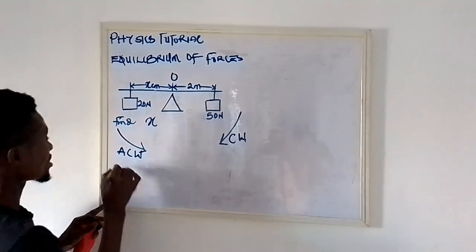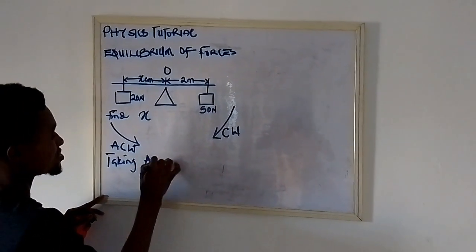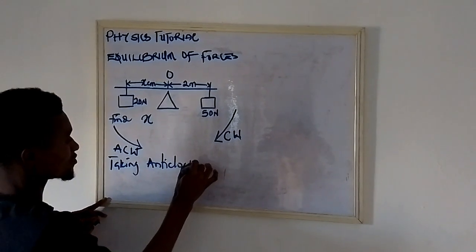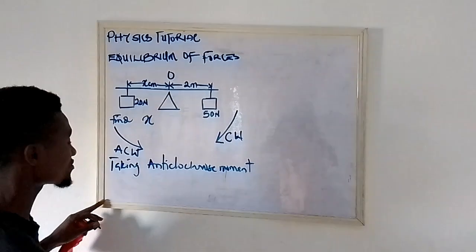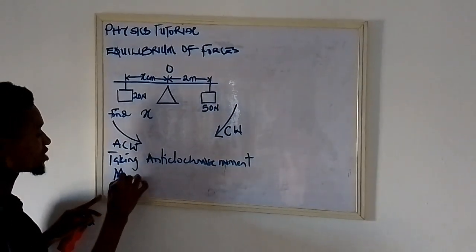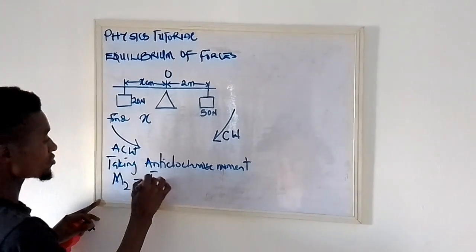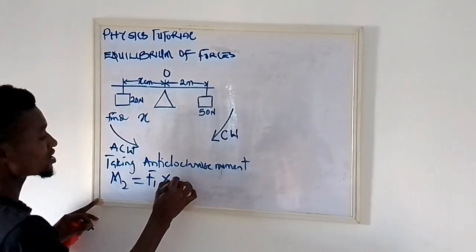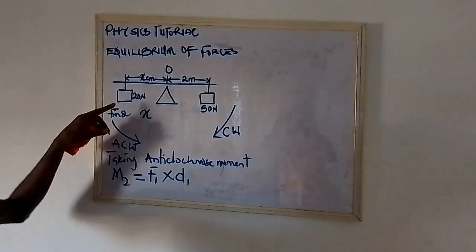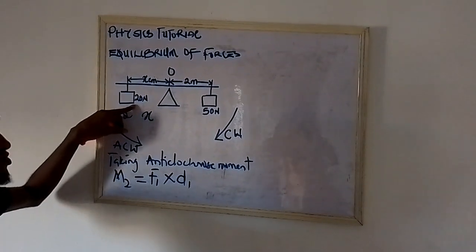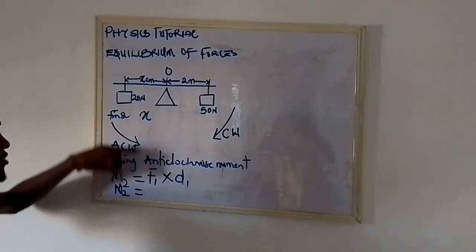what we need to do is take anti-clockwise moment. We have M2 to be equal to force 1 multiplied by the distance 1. So when we substitute this, we are taking from this point, we have our M2 to be equal to the value of this force,